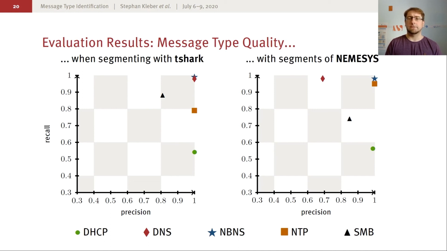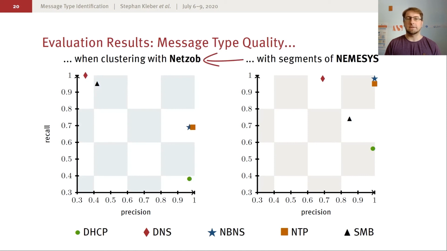Using Nemesis as a heuristic that is applicable for actually unknown protocols shows that the precision and recall values are reasonable compared to the theoretical optimum, and we are only marginally worse than that. Comparing our method to the previous method of NetSub, which aligns byte-wise and also determines message types from this, we can see that we outperform NetSub in both dimensions.